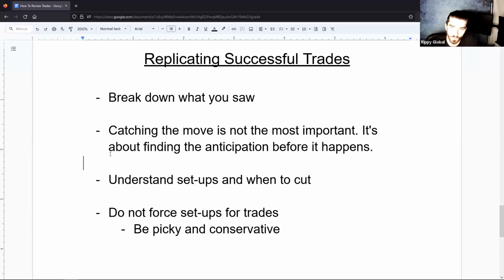This will put odds more in your favor because you're more hesitant, you're more patient, you're waiting for the setups to align. If you have no system, you don't know what you look for every day, and you just buy off a green candle, you're going to do this and lose and not know why. There's nothing to really learn from that other than, okay, find a reason behind why you're entering. If you have a reason and you have that system, you know how to understand setups. You know when a loss is going to happen, you have to cut it. And that's where we get into the next bullet point.